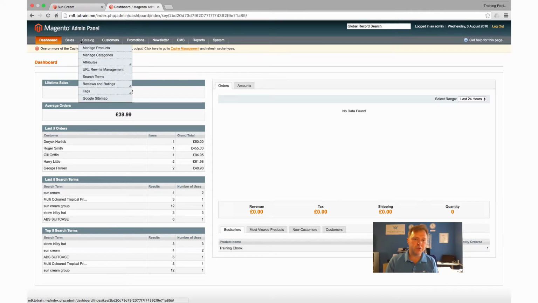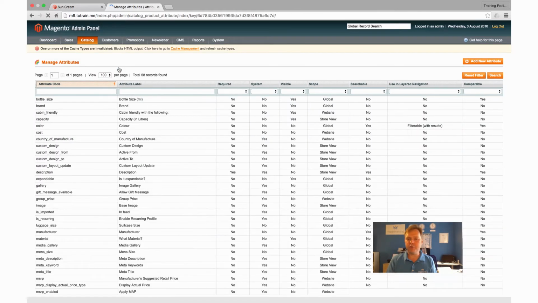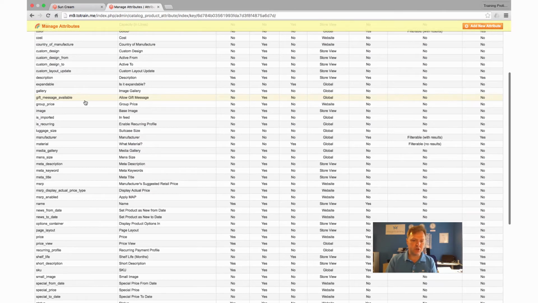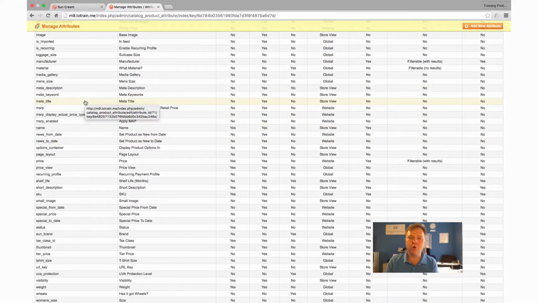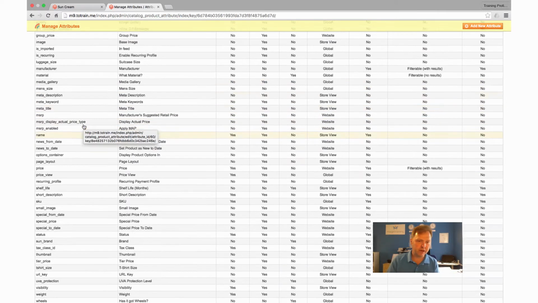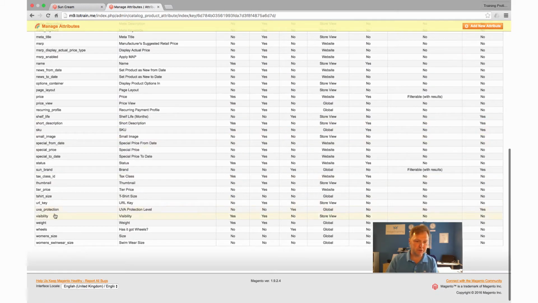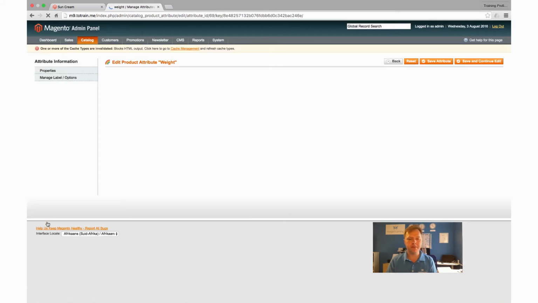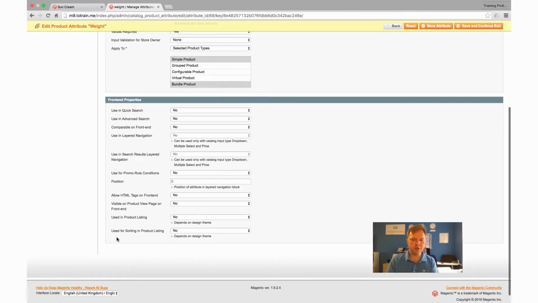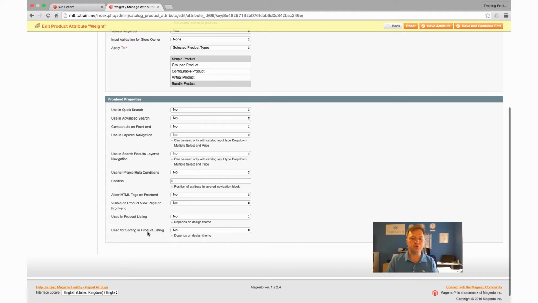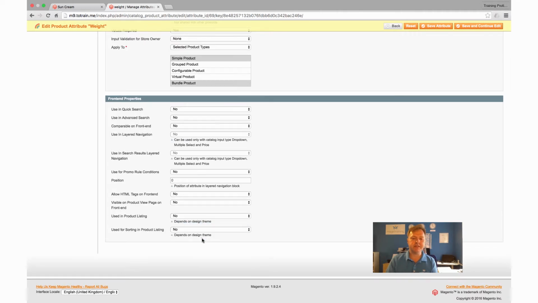If you wanted to pick an attribute to become a sort by option, there is a front end property. So I'm going to take something that's common across all products, which is weight. Now, there's probably not much call for sorting products by weight when you're looking to purchase them. However, it just does show this as an example of how you can enable it. So I'm going to find our weight field, and if I go down to the front end properties, you can see here the very last option is used for sorting in product listings. Select that as yes,